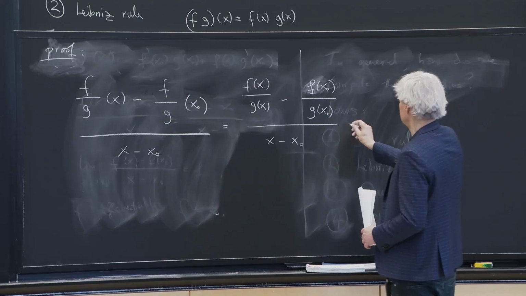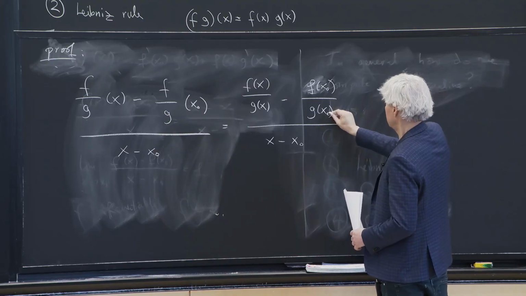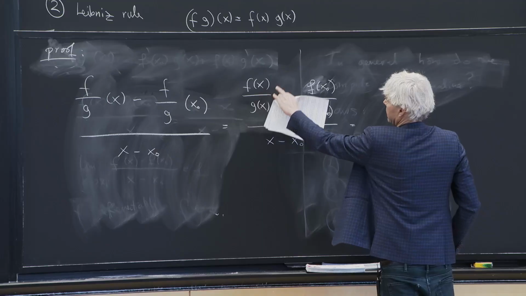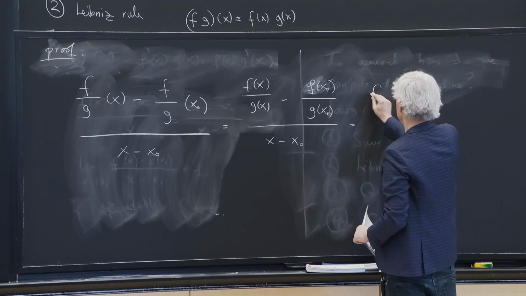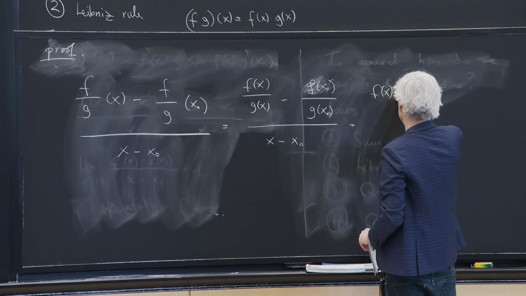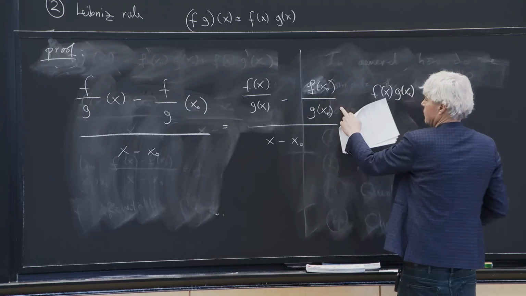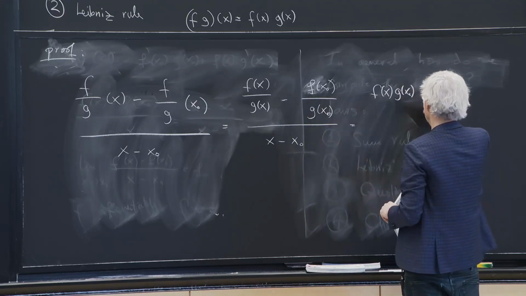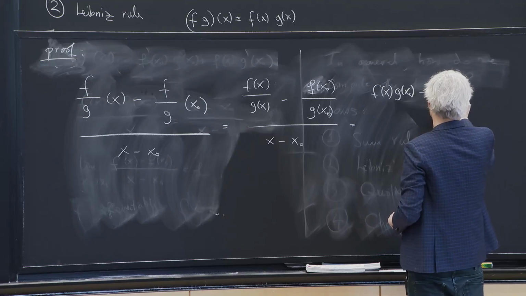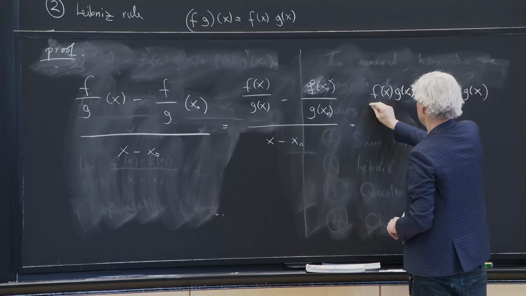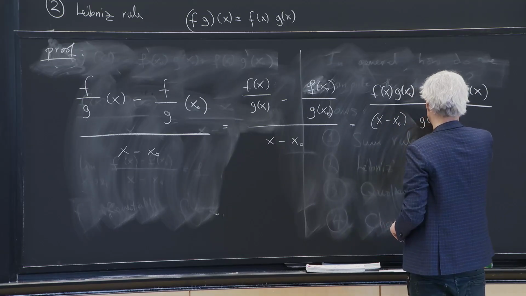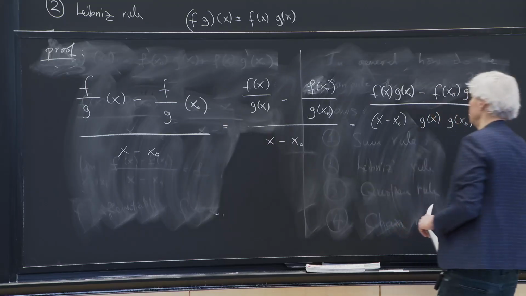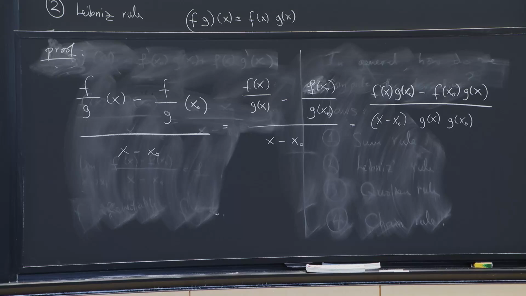If I do that, then I'm multiplying by g of x0 both in the numerator and denominator here. So I'm getting f of x times g of x0. And then here I'm multiplying by g of x in both numerator and denominator. So I'm getting this thing here, g of x. And then it becomes x minus x0, and then g of x, g of x0, like that. And so now you can write this thing here